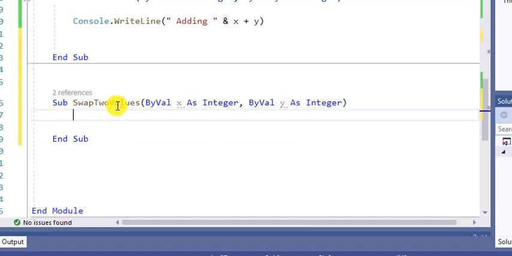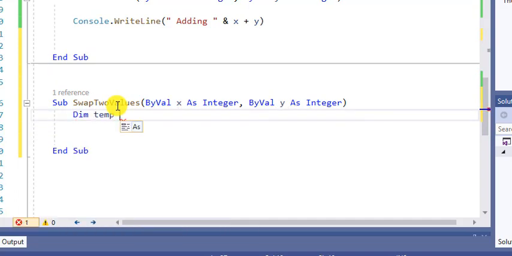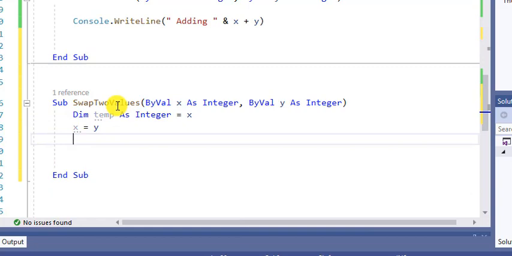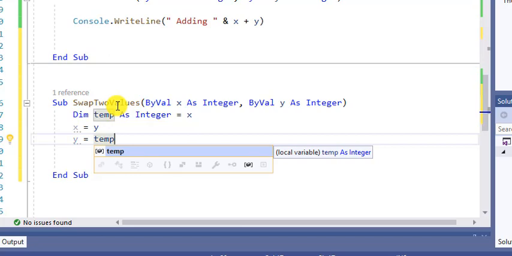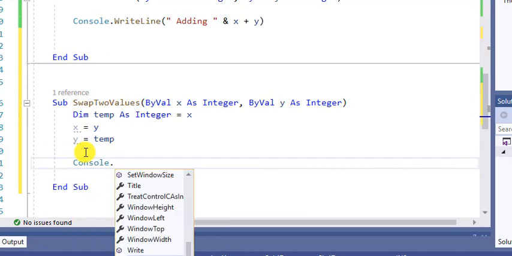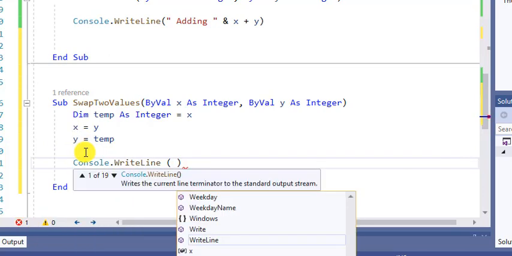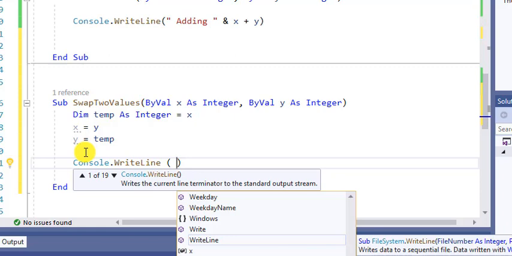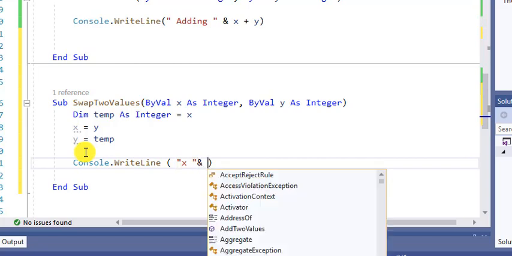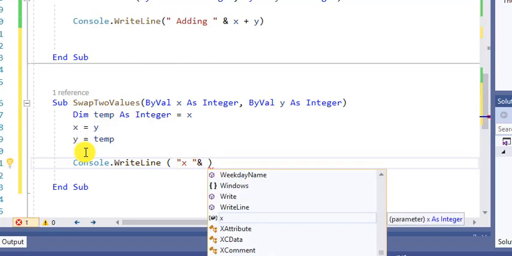and because this is going to swap these two values, I have to declare a third variable, Dim temp As Integer equal to x, x equal to y. We have seen how to swap values, so I'm going very fast with that. Once we swap it, we need to print the value. So Console.WriteLine x as x